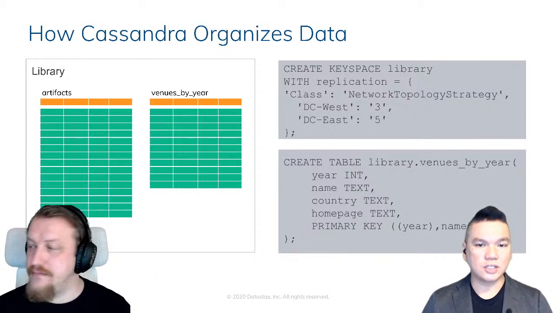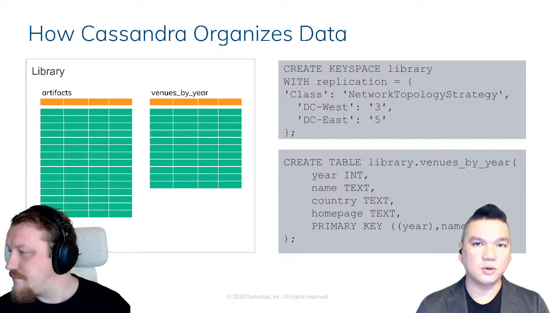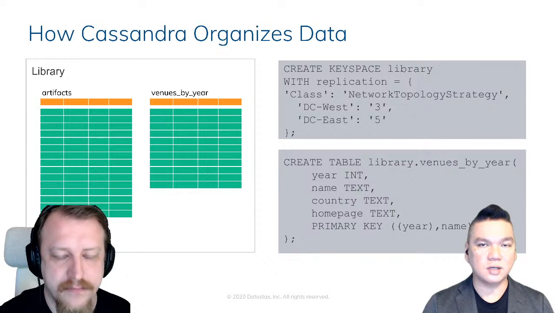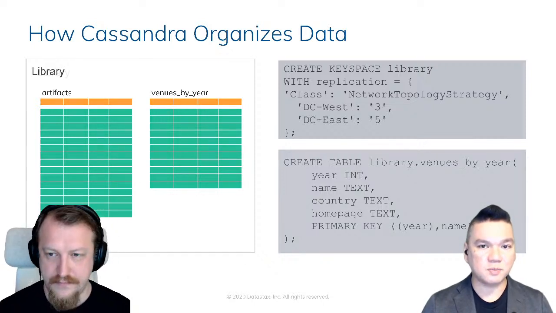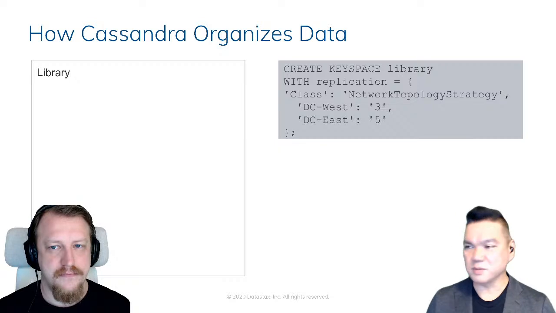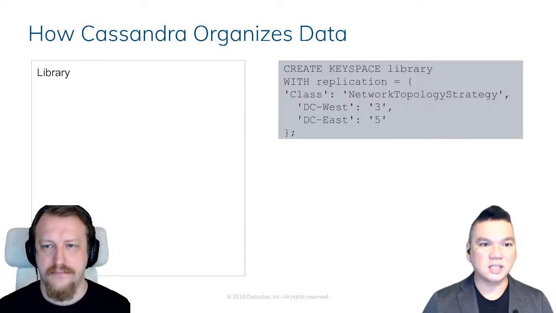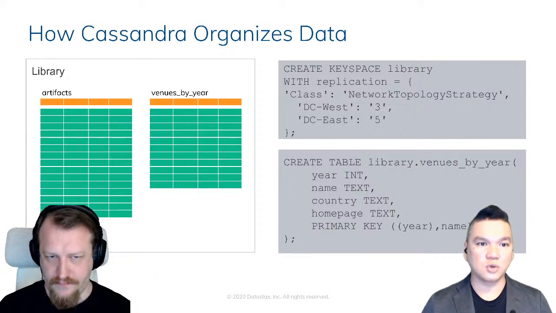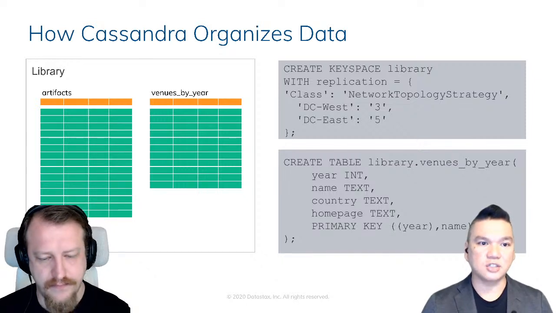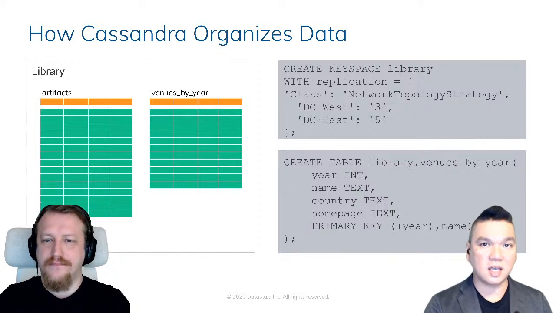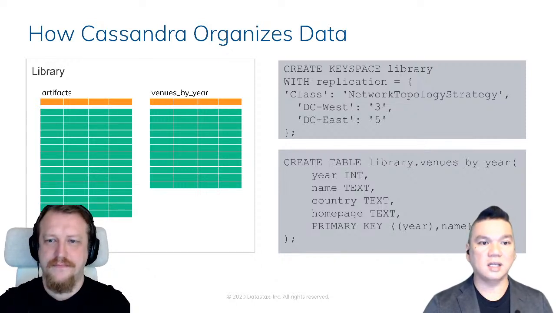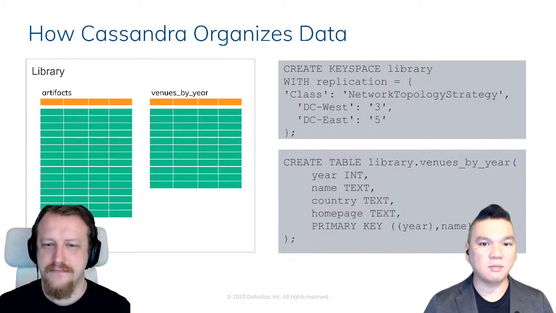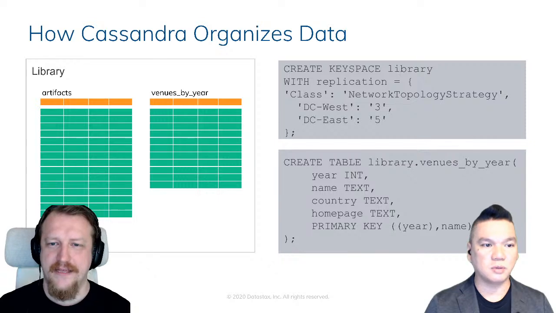So just really quickly on this point, I know that about half of the people attending right now are fairly new to Cassandra. A keyspace is like a namespace. What other names would you call it, Alex? It's just really a database instance, right? And the replicas that Alex was talking about are copies of the data. In the West data center, in this example, there are 3 copies of the data, and in the East DC, there are 5 copies. A keyspace contains lots of tables, so it's a logical grouping of tables. Exactly.